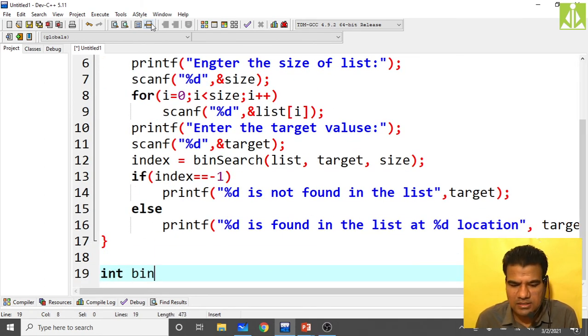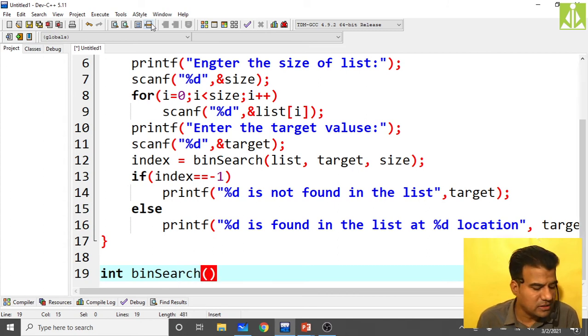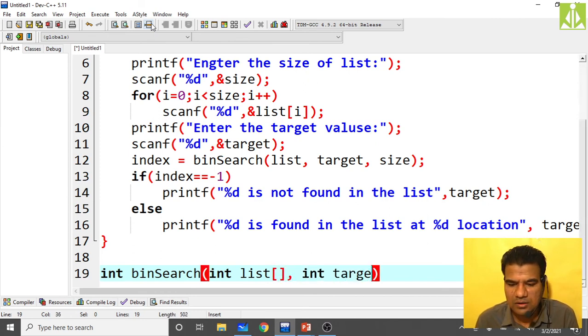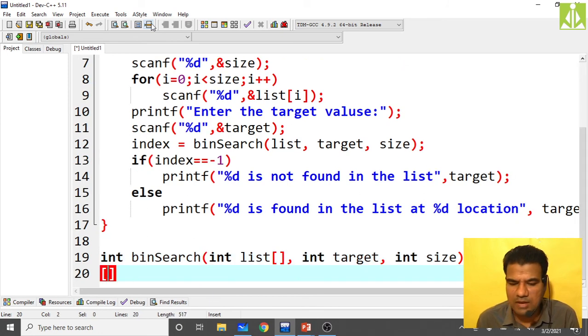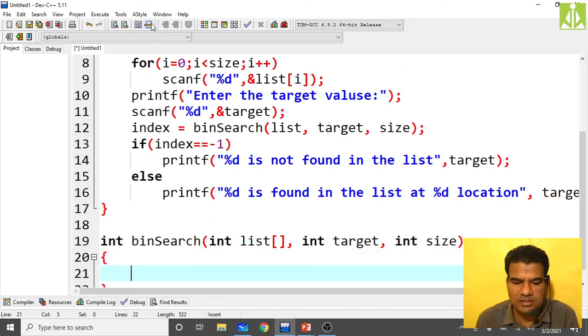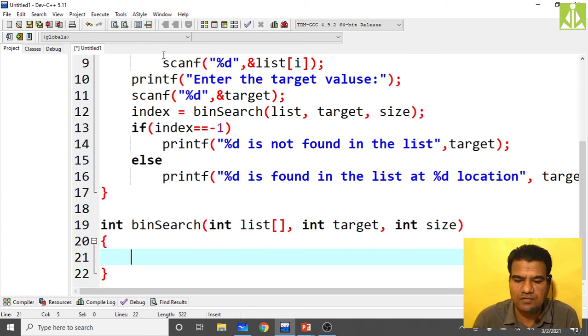Now write your binary search function: read the list into list, the target into target, and the size into size. Same variables I'm using for formal and actual parameters, just to avoid confusion. So we have to have first, last, mid, isn't it?